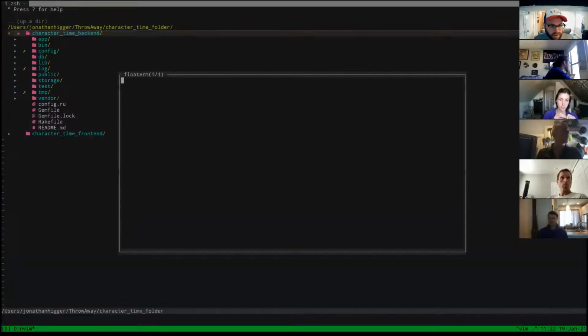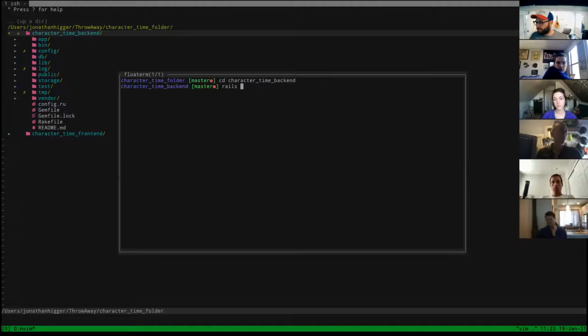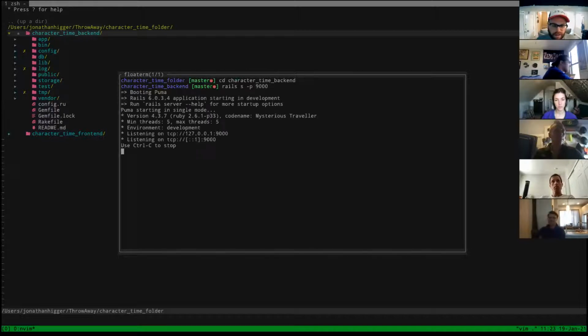So I'm going to go ahead in here. I have to cd back into it. And let's go ahead and just, if I did this right, we should have an empty array right now. We're going to create them from Postman, so it won't matter too much. But I'm just going to type in rails s -p 9000. I like to run my server on 9000 because I'm cool like that. So instead of running mine on 3000, I can just specify the port to be 9000, which I think is